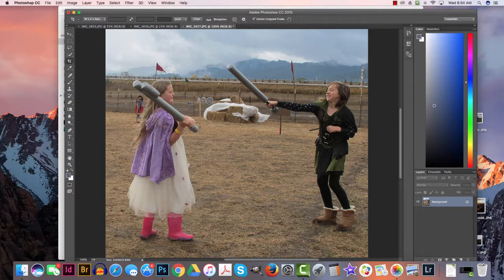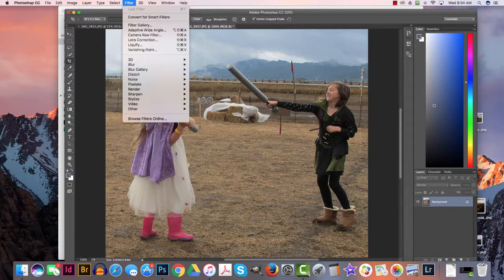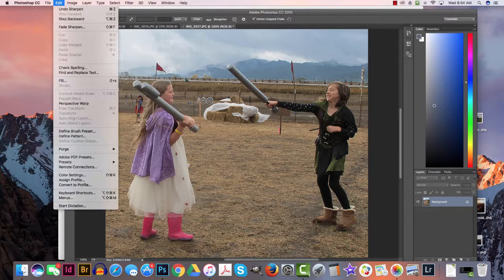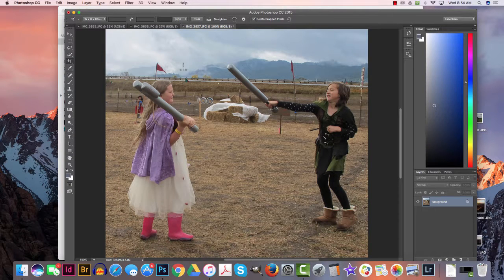There are some filters in Photoshop that you can use journalistically. And there's one you can use, and that's the sharpen filter. You don't want to do it too much, but if your photo's a little blurry and you want to sharpen it a little bit to make it a little tighter, you can do that. As you can see, the image itself just popped out a little more. I don't like how it looks right now, so I'm going to unsharpen it by undo. Once again, the Command Z tool takes you back one step. I like the softness of this look, so I won't need to sharpen